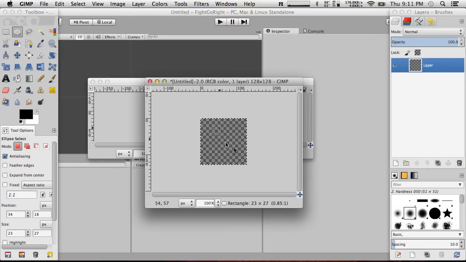So if you just hold the button down, you get this. If you hold shift, it'll make sure that it's always circular. Is there a way to actually make it come from the center? Oh, there is. Okay, so if you hold command on Mac, it'll probably be control on Windows, though it might be the Windows key. I doubt it is, though. I'm pretty sure it's going to be command, control. So I'm going to create his head here, and then we're going to create